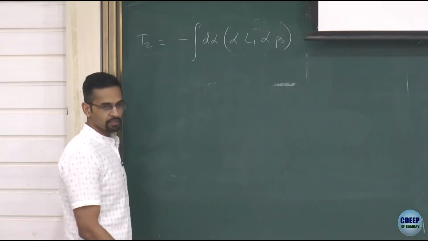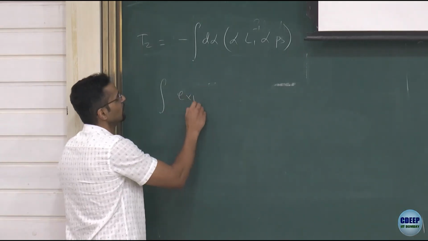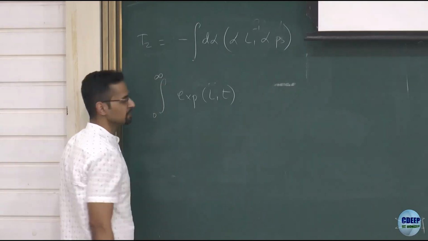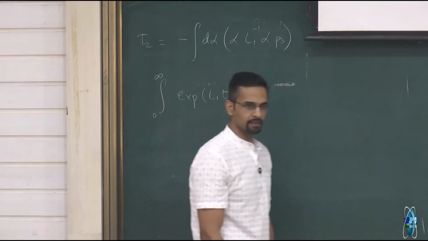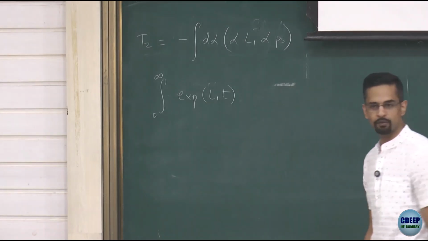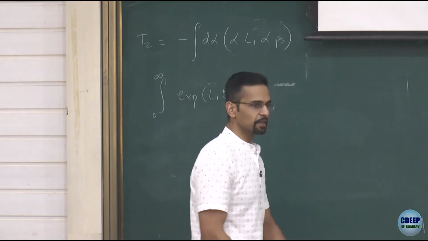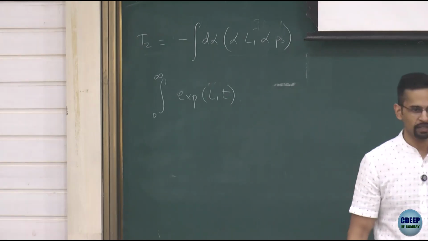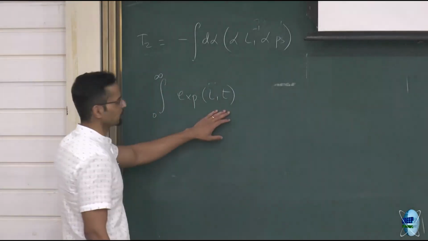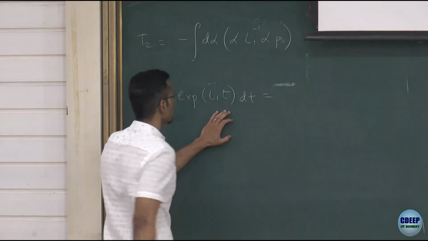So here we'll use a trick. We'll consider the integral of exponential L1t from 0 to infinity. The motivation is I know that L1 is coming from the Fokker-Planck operator, dp prime by dt is equal to L1 p prime. So L1 inverse is some kind of integral over time. And to get a handle on that, we consider the following operator, dt. So let's do this integration.